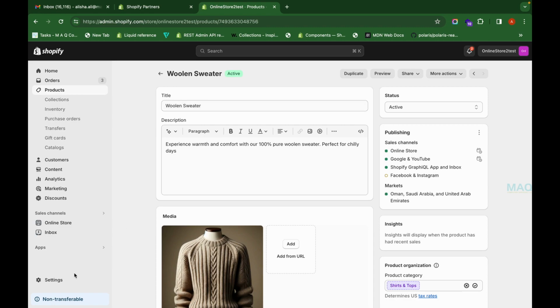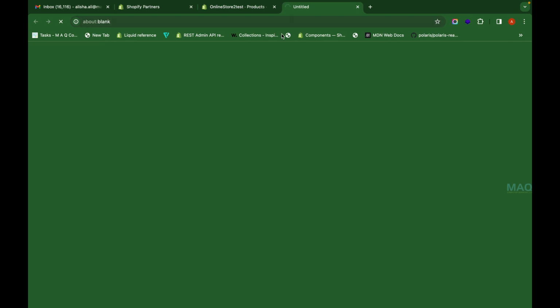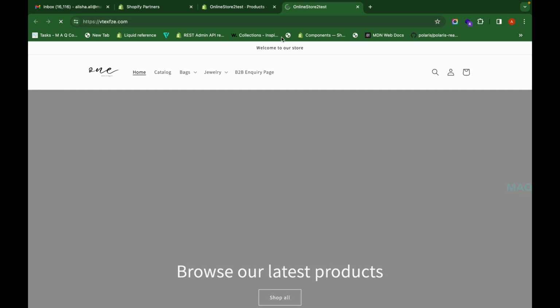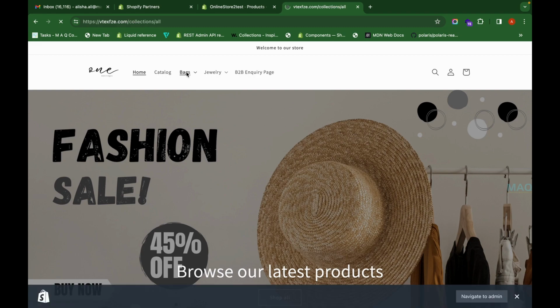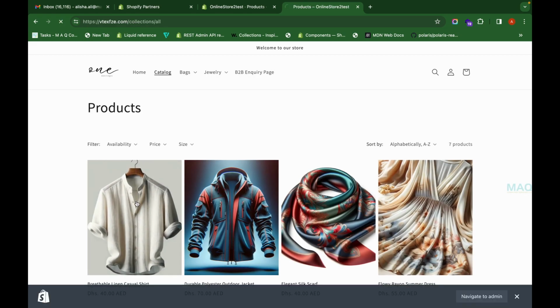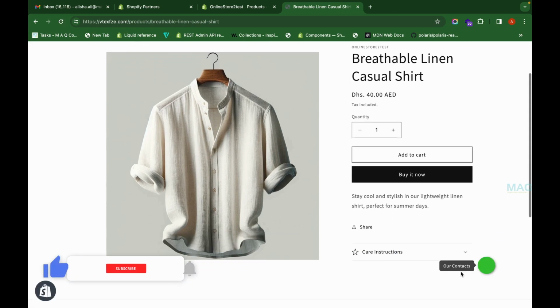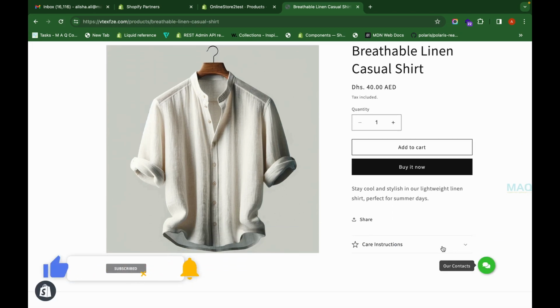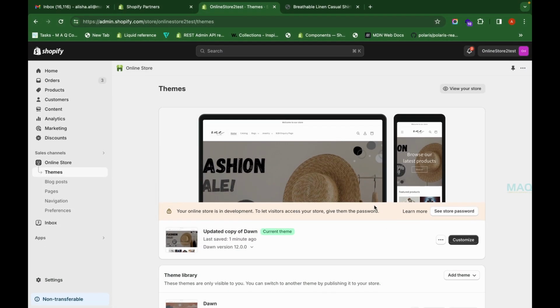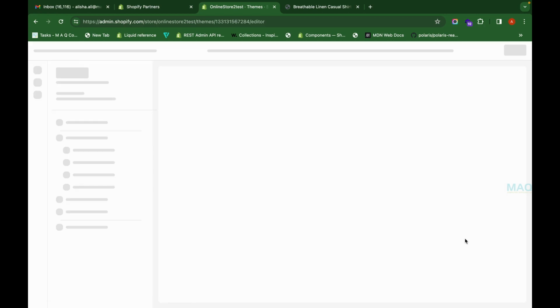Okay, now the next thing we need to do is show these care instructions, or the fabric instructions that we have added on the backend, to the products that are on the storefront. So for example, for this product, when a customer comes in, they need to see what the care instructions are. Here we wanted to show it to them. Now to show it on the product page, we have to make some changes in the theme. So for that we need to go to customize over here,